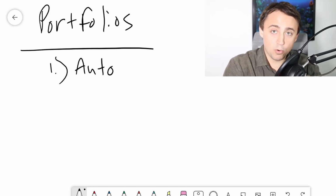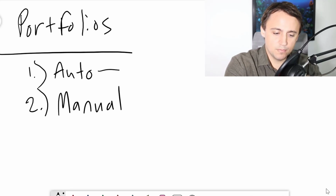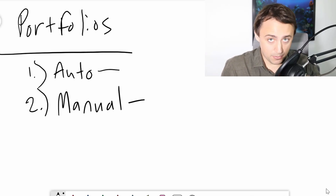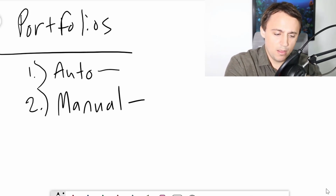I put those in one portfolio bucket. The second type, manual. And this includes a lot of different placements. So there's anything where you can insert keywords and match types, that's a manual campaign. So there's a lot of work that needs to be done in here. This is where most of your campaigns and management is going to be taking place. The third type,